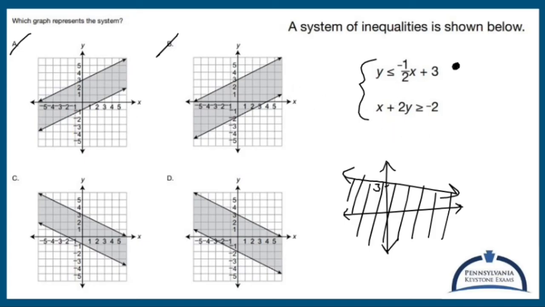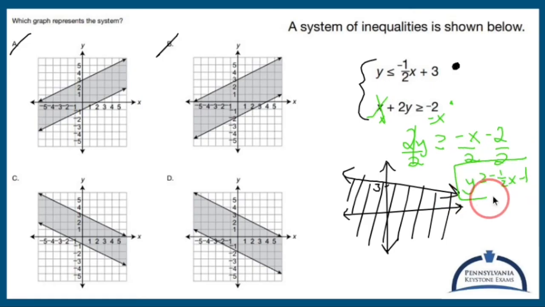Now, I need to figure out what this bottom equation is going to look like. I don't know if I left myself enough room, but I guess I should find out. Subtract x from both sides, minus x. That gives me 2y is greater than or equal to negative x minus 2. Divide everything by 2. And that gives me the inequality y is greater than or equal to, no flipping of the signs, negative 1 over 2 x, so negative a half x minus 2 over 2, which is minus 1. So this guy is going to be the same exact slope, but going through negative 1.